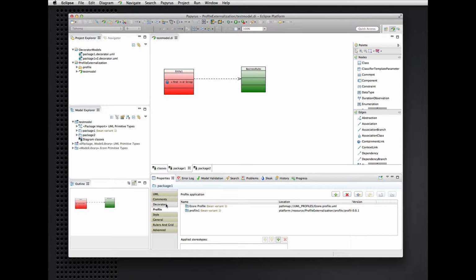So one of the things that we might want to do with these decorators, and one of the reasons why we would factor out profile applications into these models, is because we would want to have multiple alternative applications of the same profile to a package to model different stereotype applications on our model elements and or different values of the attributes of the stereotypes applied